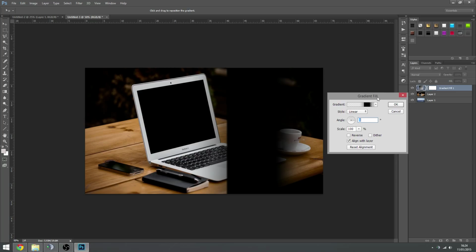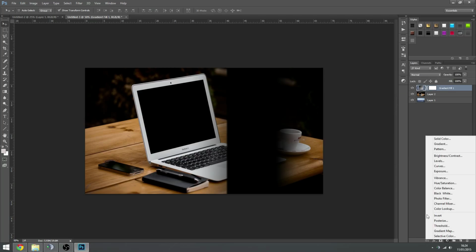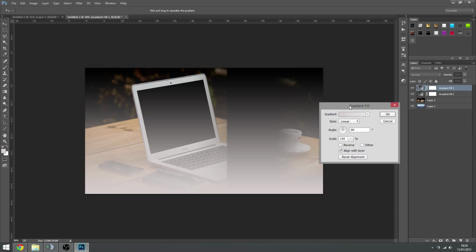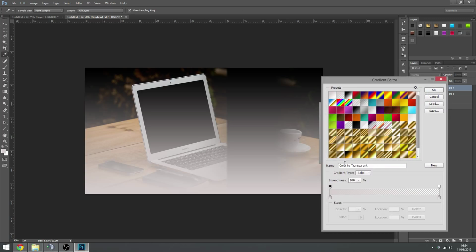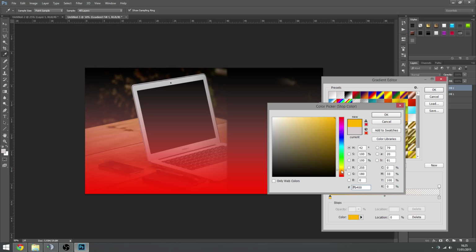Sorry about that, but then we're just going to hit OK for that, and then we're going to go to our gradient again, and we're going to have the same foreground to transparent, but this is where we're going to pick our colors. Now I suggest you pick either a bright red, a bright orange, a yellow, or cyan / sky blue. They work best